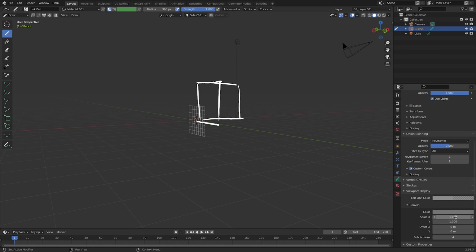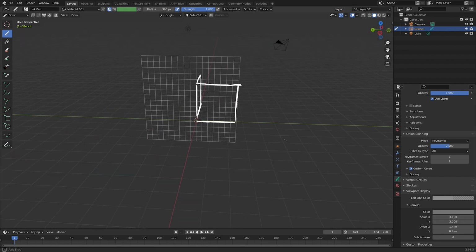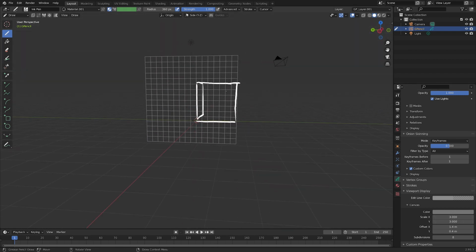So that's the only downside of it. But you can scale it up, for example, or do an offset first. All right, we're going to offset it a bit, and we're going to give it some subdivisions as well, like let's say 8, right? And then you can also make it bigger, by the way. If you want a bigger canvas, like let's say 3 by 3, right? So you've got your 3 by 3, and then here, for example, you can really work with precision. If now, for example, you were to select this, right, then it will